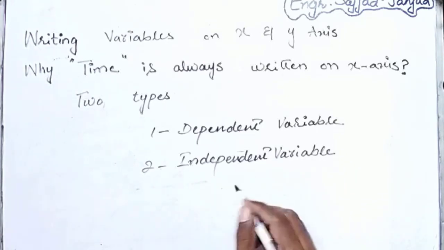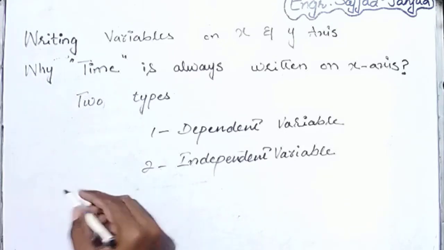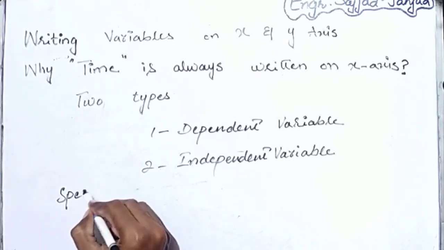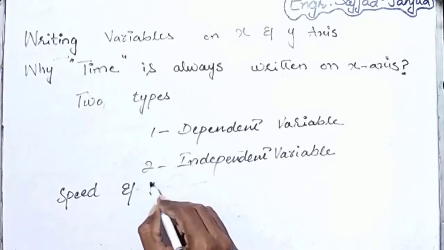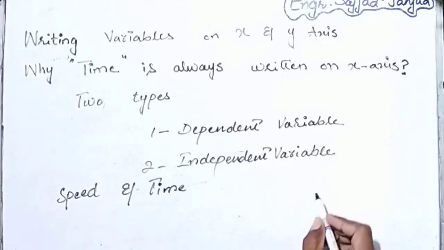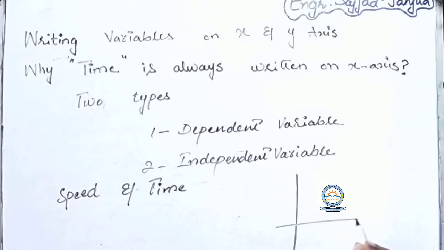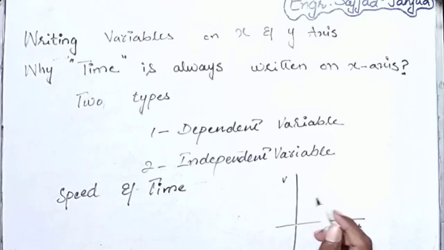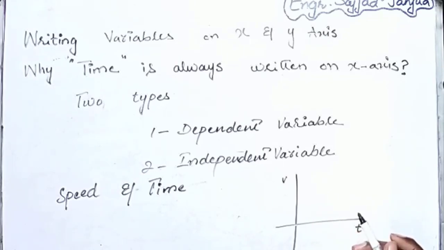For example, in the case of velocity or speed and time, we will write time on the x-axis and speed on the y-axis, and the reason behind this is that time goes on passing without following velocity. For example, we are going on a bike, and we started our journey at 9 o'clock, and we